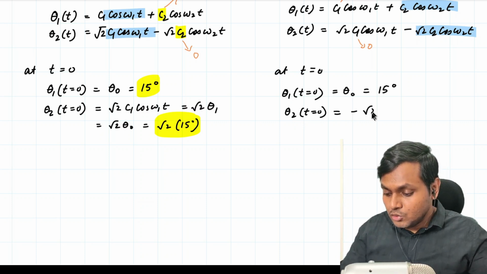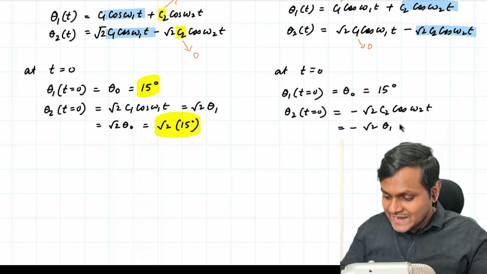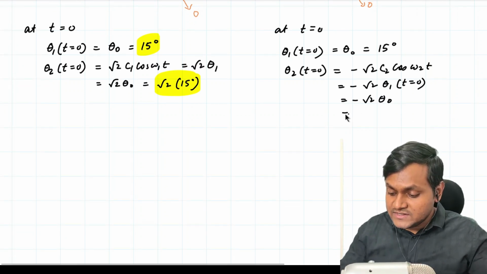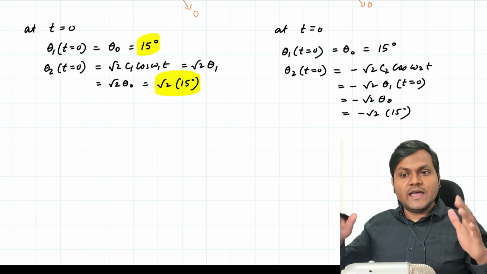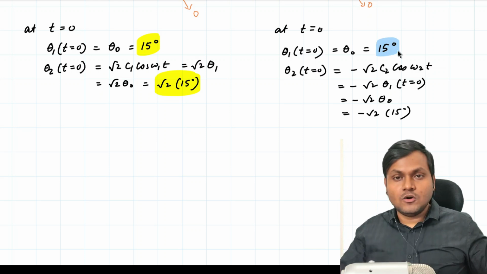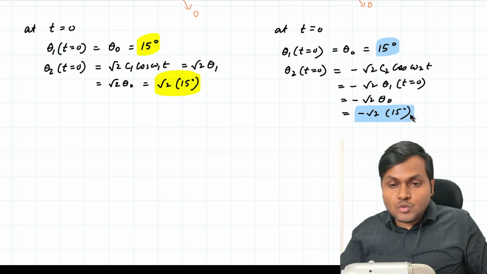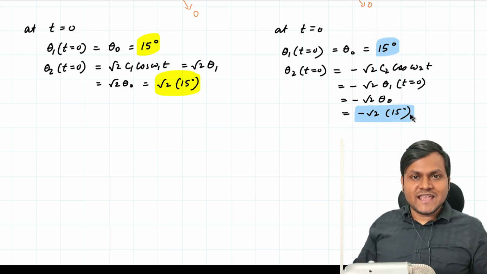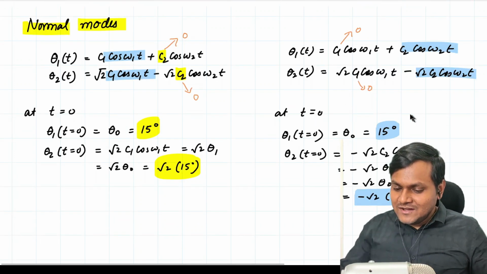It will be equal to minus root 2 c2 cos omega 2t, which is nothing but minus root 2 theta 1 at time t equal to 0, which is nothing but minus root 2 theta naught, or let's suppose minus root 2 into 15 degrees if this is what I choose. So if I arrange the configuration with a particular theta naught for the first particle and the negative of the square root multiplied by that particular angle for the second particle, then also I should execute an SHM